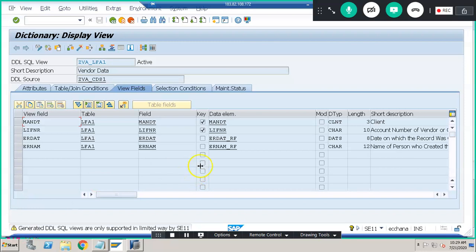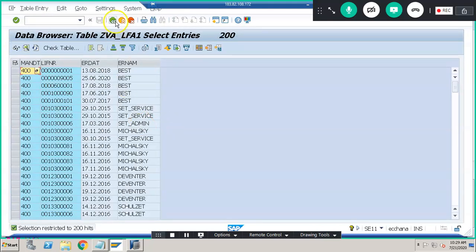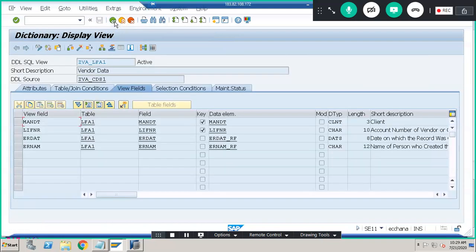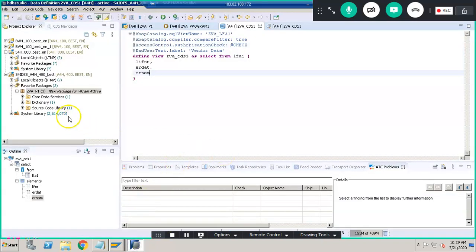Okay, so once we have this, you can also see the data here. Now here we'll go ahead with the CDS view with multiple tables. So we can take 2 or 3 tables also. So let's take 2 tables now. Let's create a view, because a CDS view on a single table does not make any sense, because there's no use of CDS view with a single table. Of course, it just acts like a projection view wherein we are cutting short the number of fields from a single table.